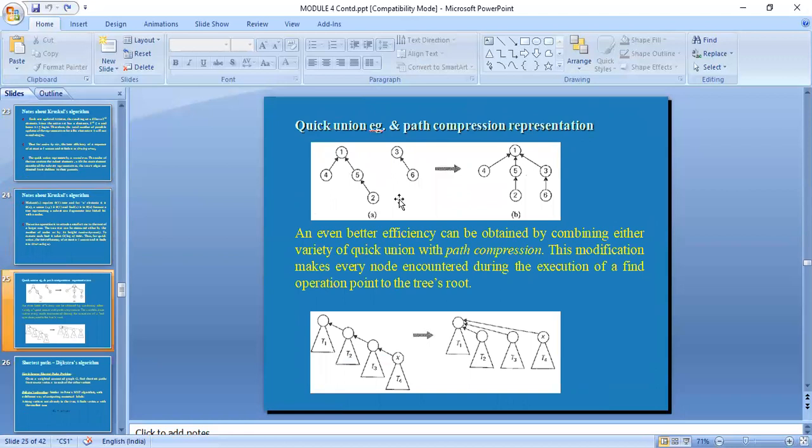Now union by rank says that you construct a tree structure with various nodes. Again, based on the number of nodes, we connect it, and this is especially good for various path compression techniques, which are used in networks, etc. So this is how you have to explain Kruskal's algorithm. Hope you have understood. You will also be asked to compare Prim's algorithm and Kruskal's algorithm, which you need to explain in detail.